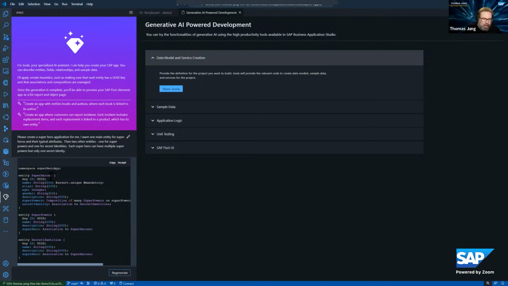Yes, it created a superhero entity. It gave us some typical attributes that you might find, like age, gender, description. But it also created two other entities, one for superpowers, and I told it that each superhero can have many superpowers. So it's a composition of many. And obviously, a superpower doesn't exist if the superhero doesn't exist. If Superman is exposed to kryptonite, he loses his ability to fly, so you no longer need that superpower in the superpower database.